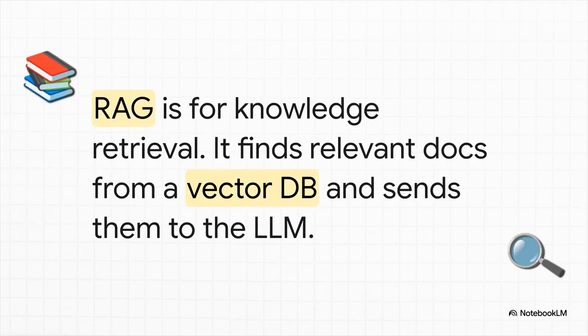Let's start with RAG, which stands for Retrieval-Augmented Generation. This pattern is absolutely essential when you want an AI to answer questions using your private documents. Think of a huge internal wiki or knowledge base. What it does is it converts your documents into a special format that a vector database can search by meaning, not just keywords. This lets the AI look up the most relevant chunks of text before it tries to answer your question. A huge pro tip here is to force the AI to cite its sources, which makes sure its answers are actually grounded in your real documents.